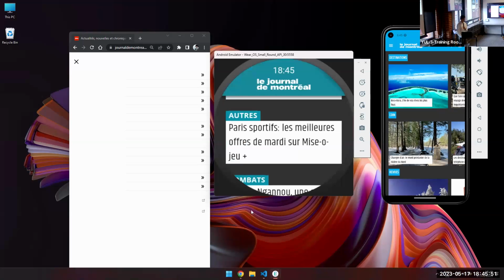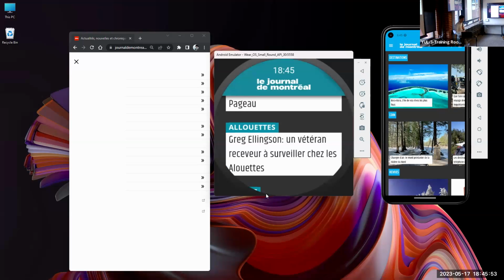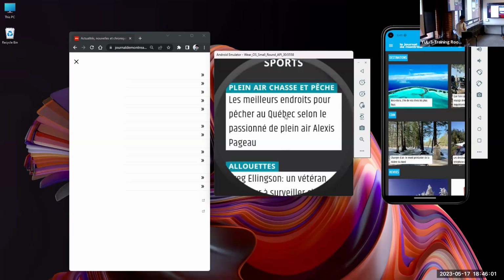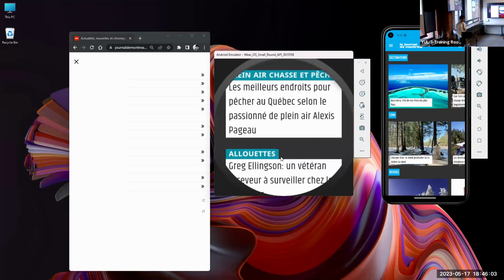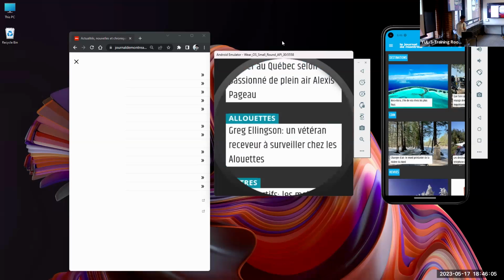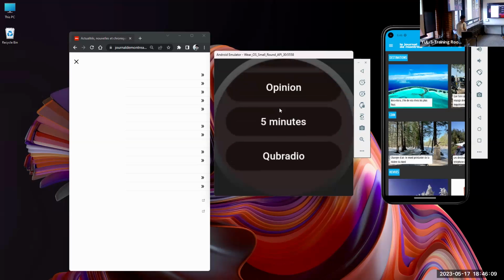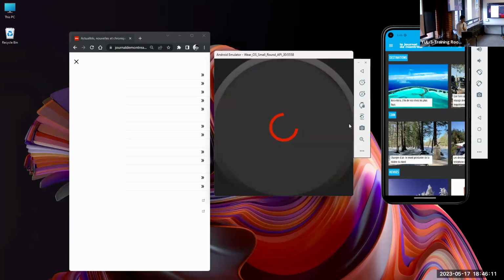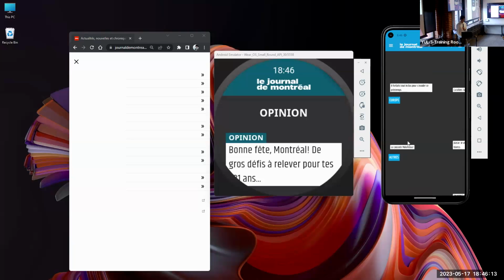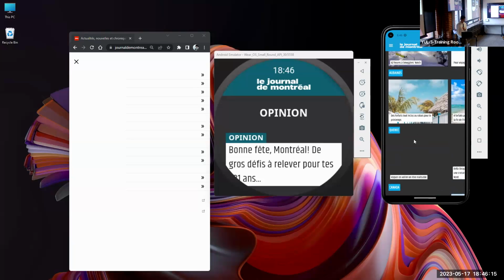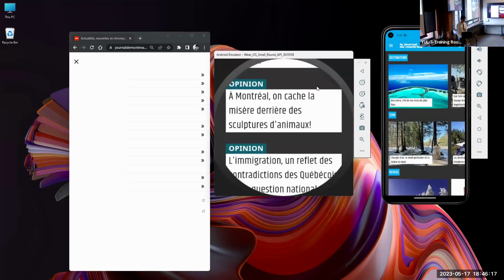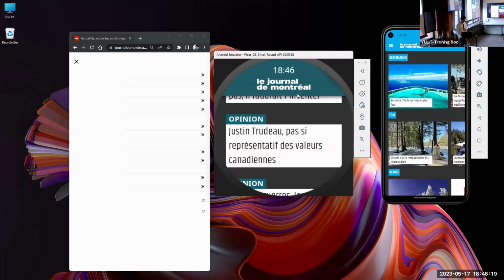So this app on watch actually reached 60 FPS on the Pixel Watch. It's a very good thing. It has small, low-end hardware, but it reached 60 FPS here. It's very good, even on the emulation part. Even here it's a little bit laggy, but here not. It's very fast.